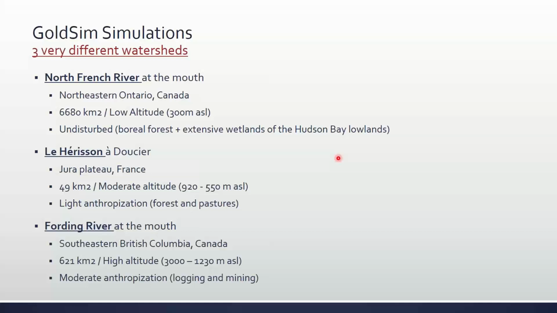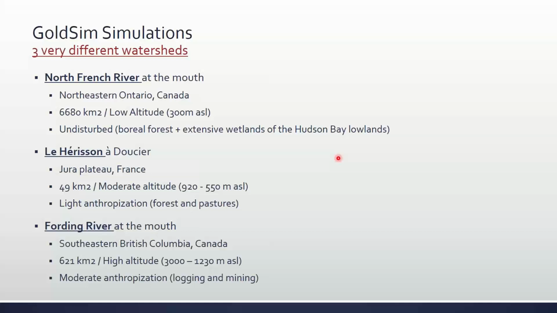In the GoldSim file I'll be presenting, I'm simulating 3 catchments simultaneously. And I wanted to use very different catchments to show that the model was indeed powerful. So the first one, catchment number 1, is the North French River, located in northeastern Ontario, Canada. It's a pretty large watershed of